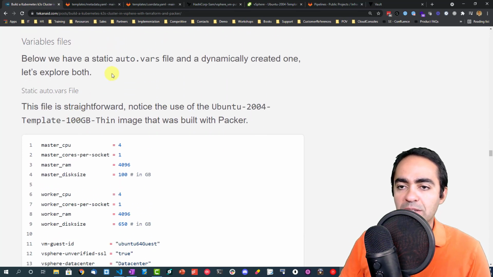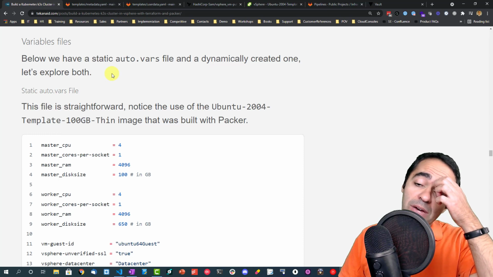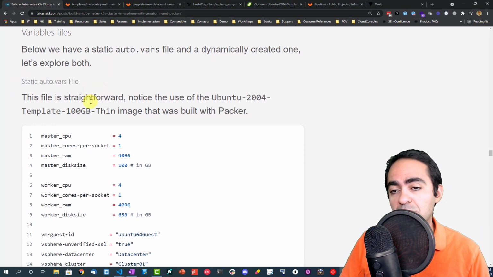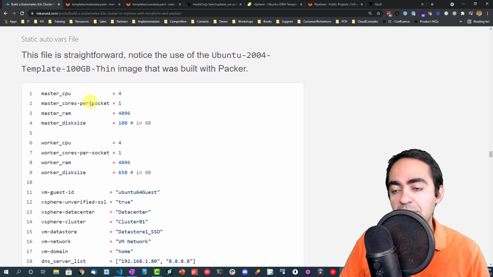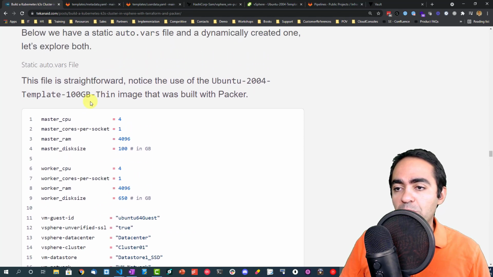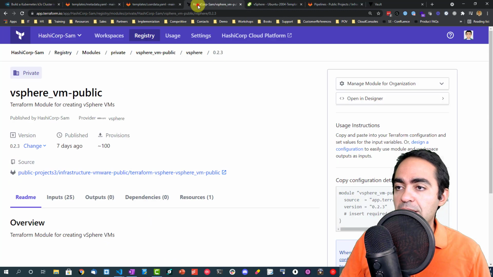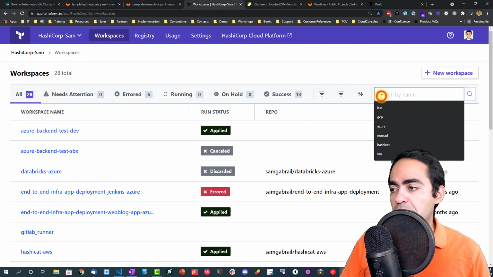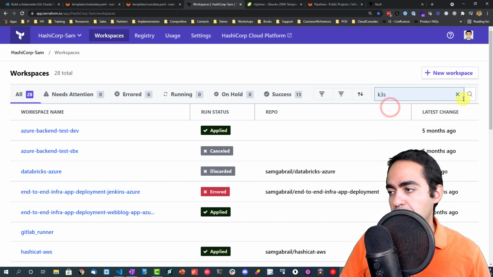Excellent. Now let's take a look at the variables files. And we have 2 actually. We have a static one called static.auto.tfvars, and we have a dynamically generated one. Now, one thing to note here is that Terraform Cloud, if you go into the workspaces, doesn't allow you to use a